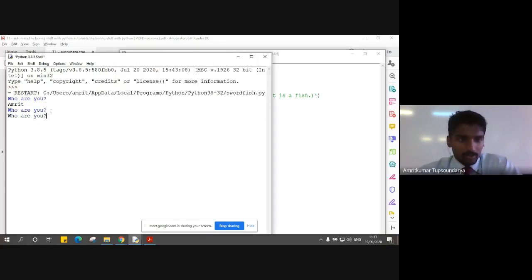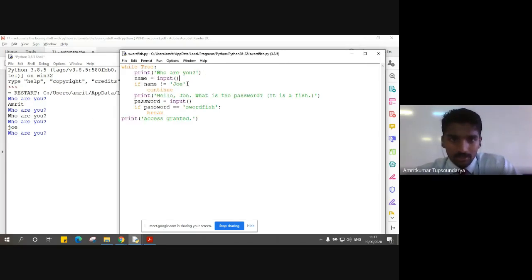So notice here that when I enter, let's say, Joe itself, but it's not in proper format. The initial letter, the J, is in small letter, which is again wrong, right? Because it is a string that we are comparing here. This is the string that we are assigning. So it has to be exactly the way it is in this single quote.